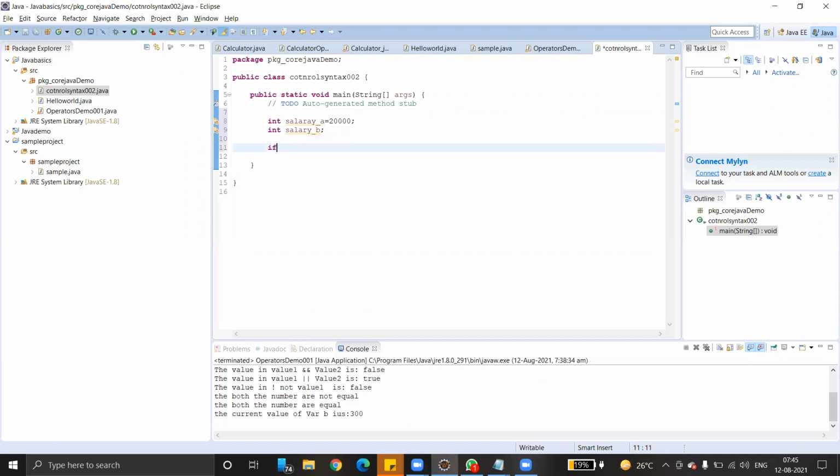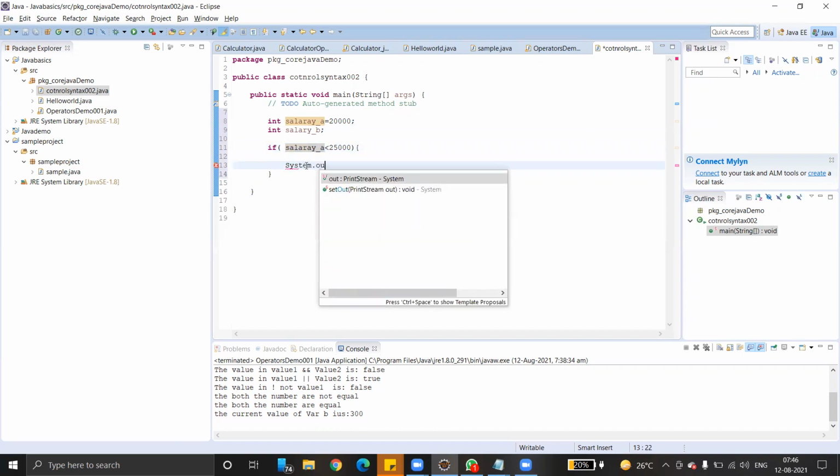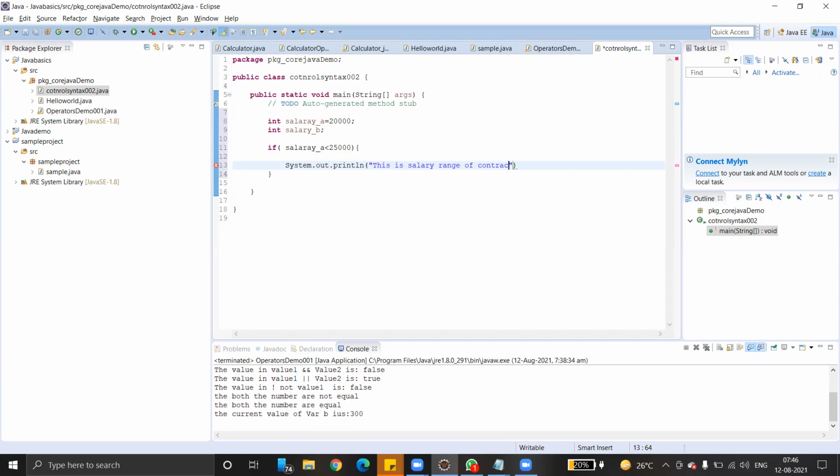First, if salary less than 25,000, then I can simply say System.out.println, the salary, this is the salary range of contractual.